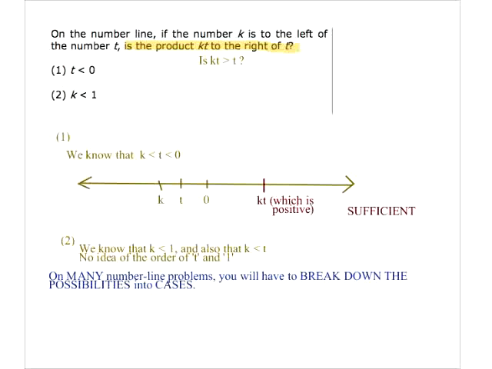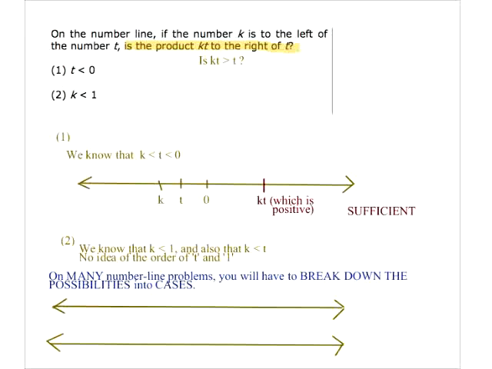So in this case, we don't know if t is bigger than 1 or if t is smaller than 1. And remember that matters, because if t is smaller than 1, it's what we're calling a fraction. But if t is bigger than 1, then it's what we're calling a non-fraction. And those things have different behaviors when you multiply them by stuff. So if you have this type of situation going on, and also we don't know if k is negative or positive. We got all kinds of stuff going on here. So we may even want maybe 2 more cases.